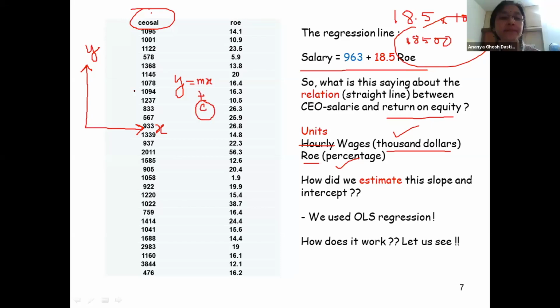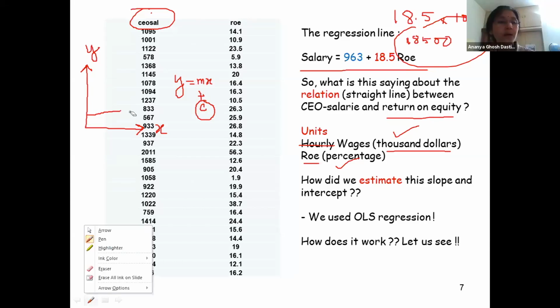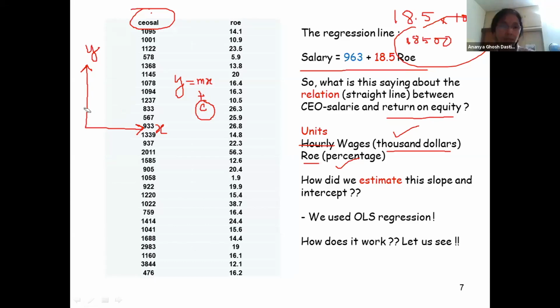So C is the point at which, so yeah, C is the point at